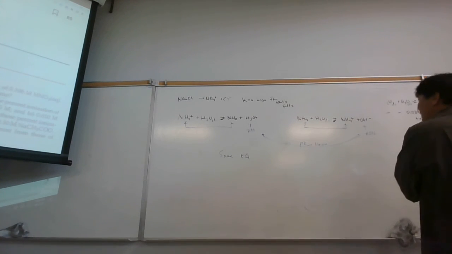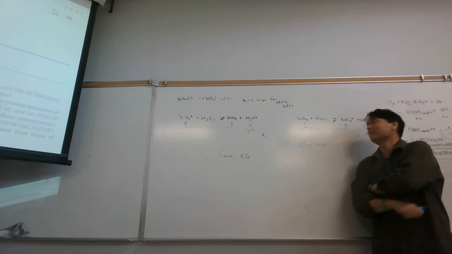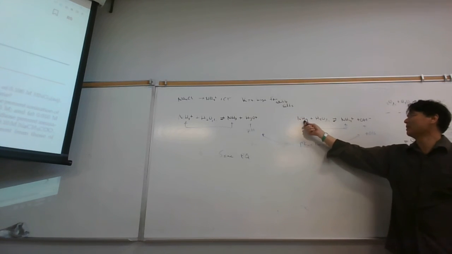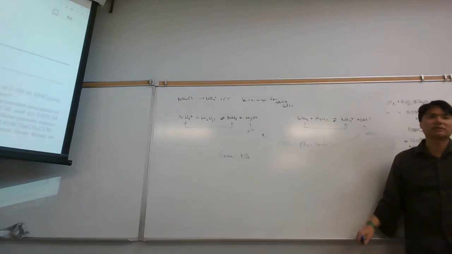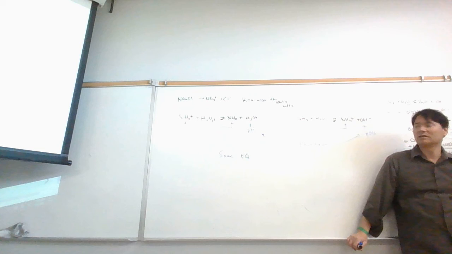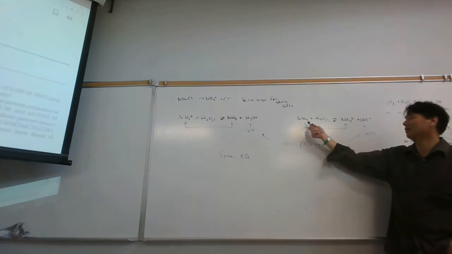It turns out the Kb for ammonia is 1.8 times 10 to the minus 5. So it's around 10 to the minus 5. If the Kb for ammonia is 10 to the minus 5, what is the Ka for its conjugate acid? Well, it's got to be 10 to the minus 9, because 5 and 9 have to add up to 14. In other words, if the pKa actually